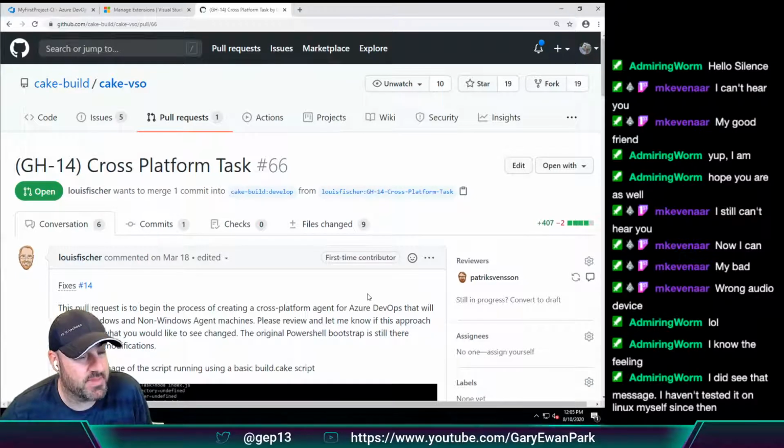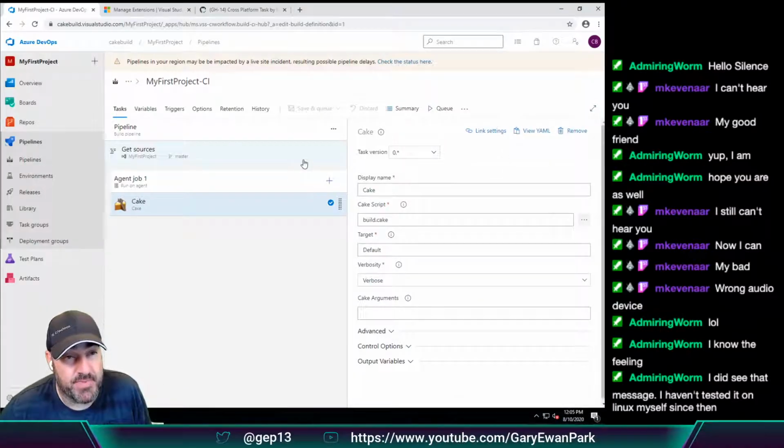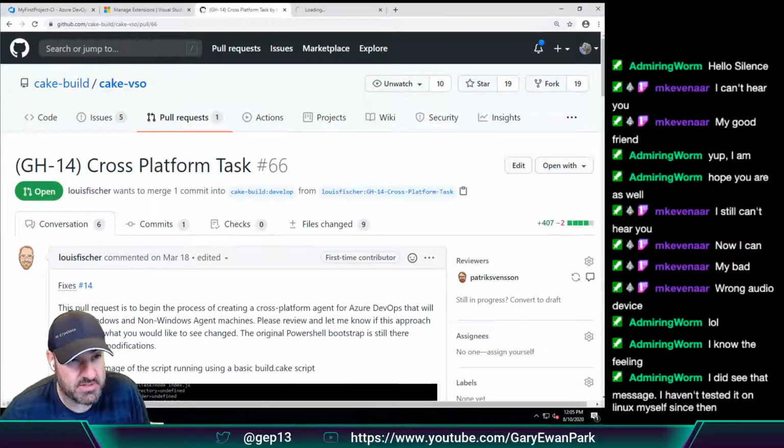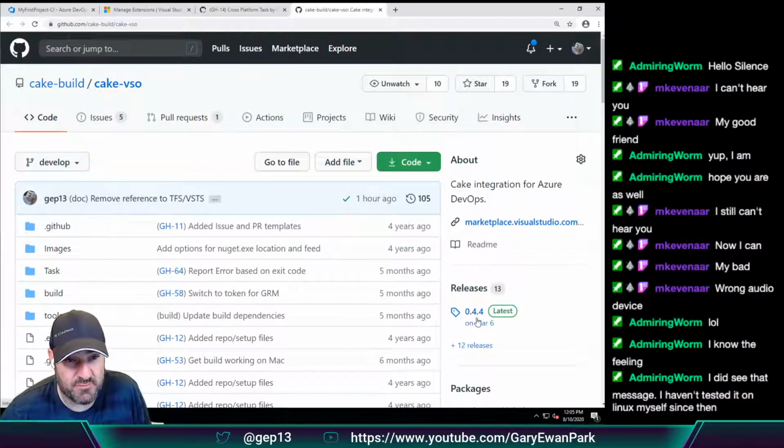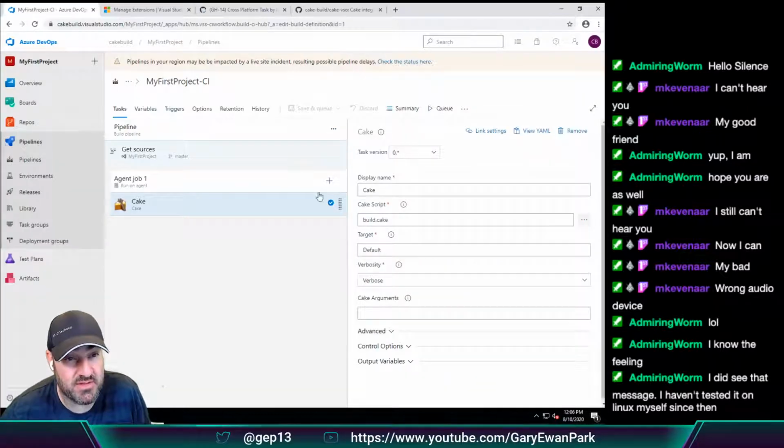So the aim for tonight is to get to a point where we can start to look at this and potentially get it merged in. But before we can do that, we need to ship another interim release of the Cake extension for Visual Studio Code. Now, the reason I have to do that, it's a little bit annoying, but right now we are at 0.44 of the extension. But if we look at the task within Azure Pipelines, then I can't pin to that version,